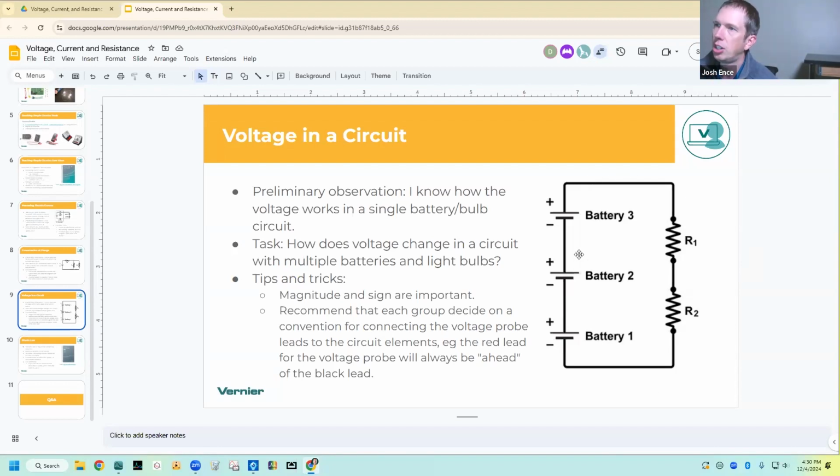in the circuit. They're just going to build a simple series circuit here with 3 batteries and 2 resistors or light bulbs. You'll first show them that if I have a single battery and a single resistor or light bulb, the voltage that the voltmeter measures is the same across both, and that one of them is positive and the other one is negative. And then you add in a second battery. So now I have 2 batteries. If I measure the voltage across each battery, the sum of those 2 is equal to what I get across my resistor. Again, those 2 might be positive and this one might be negative.